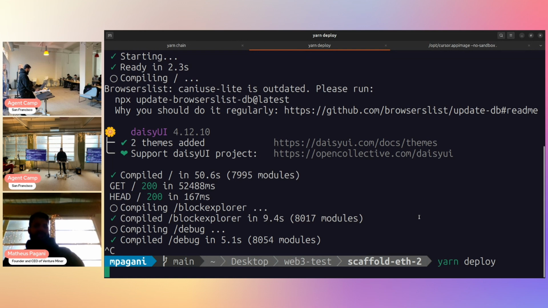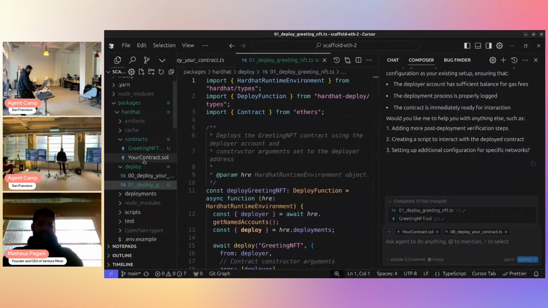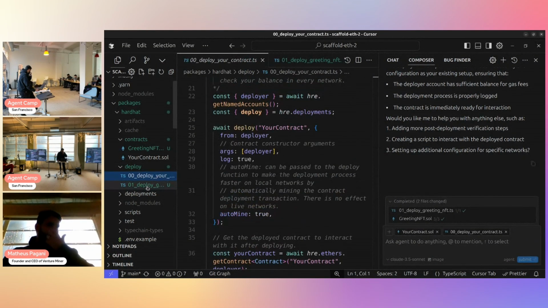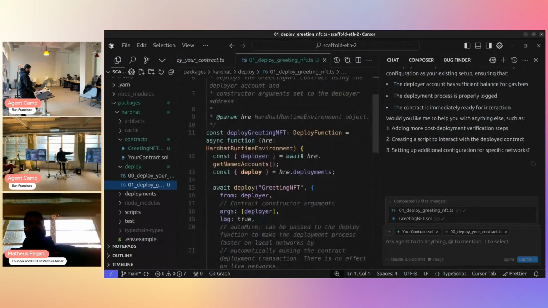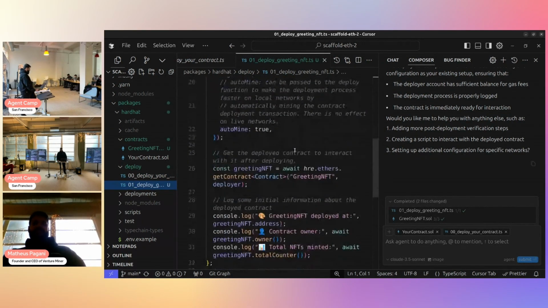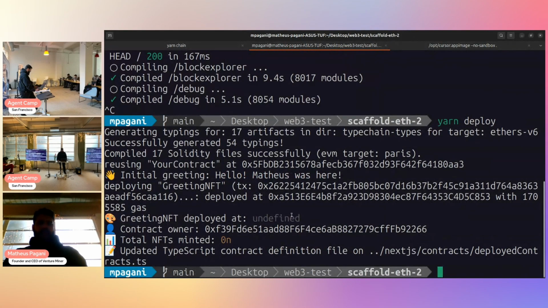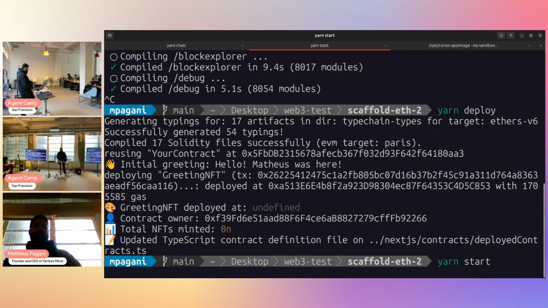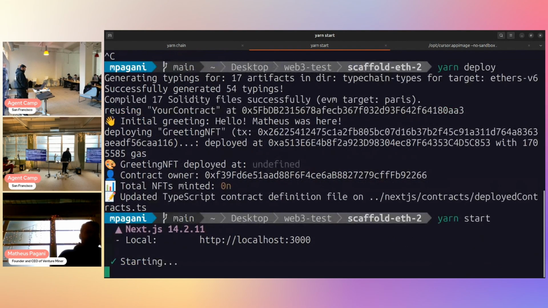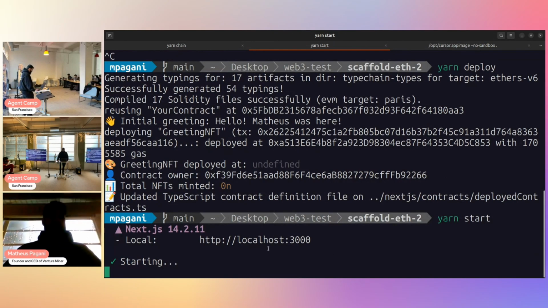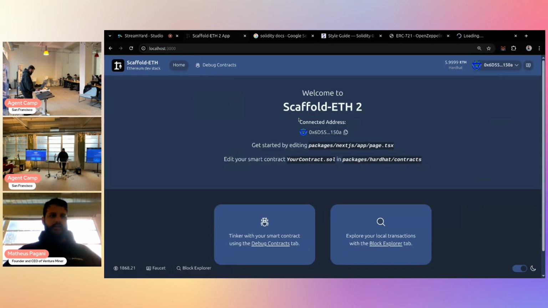I'm trusting the AI blindly so that it's going to run the first script here to deploy that contract that we had, the greetings contract. And it's going to run the second script to deploy that greetings NFT that we have. So it was done. Deploy the greetings NFT. I'm going to start my front end again, and it's going to be connected. Those 2 smart contracts are going to be connected there for us to test. I had it here already. I could just refresh. Let me go for the debug contracts actually.